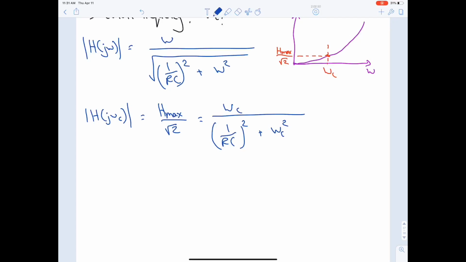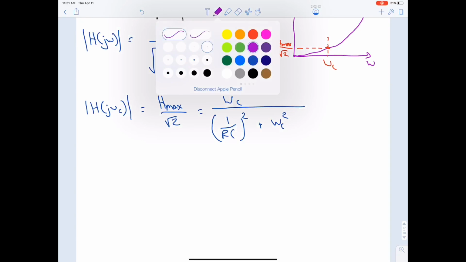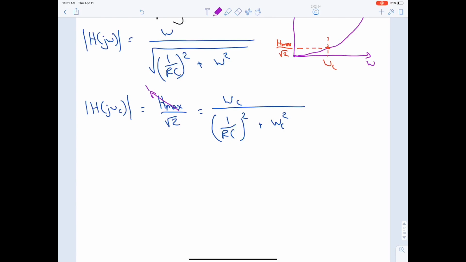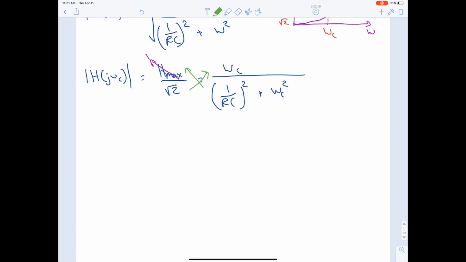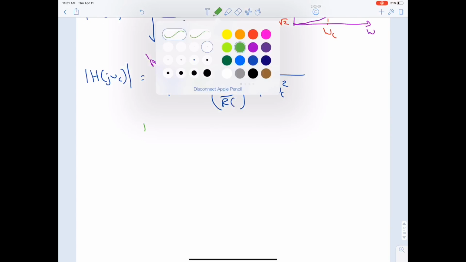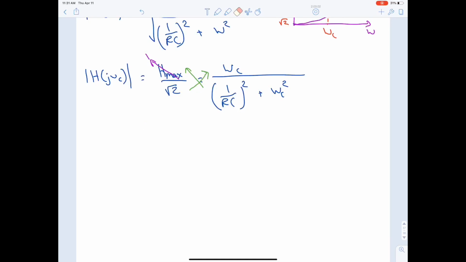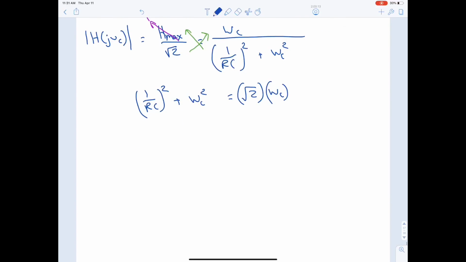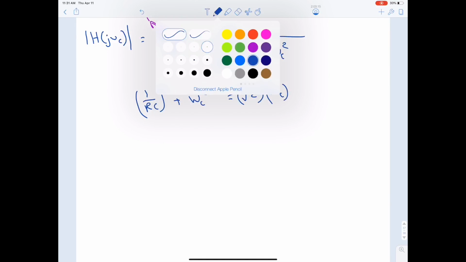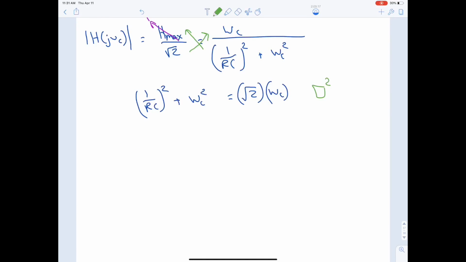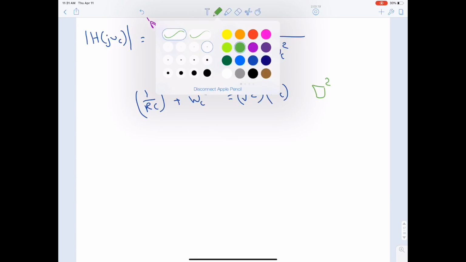Now H max is 1, and then what do we do? We cross multiply, so this will give us the square root of 1 over RC squared plus omega c squared equal to root 2 multiplied by omega c. Now squaring both sides will result in